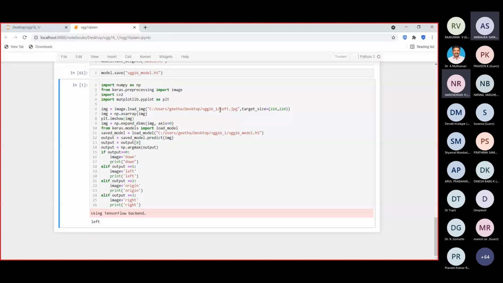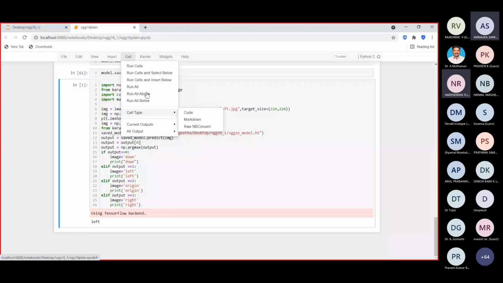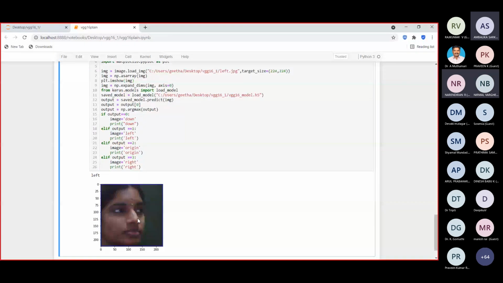Let me change and show you a right value here. The test data contains one test data as right. So I am changing this. Let me see whether it is showing correctly. Yes, so it is right data.